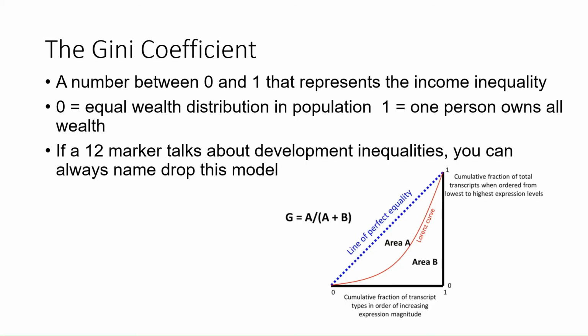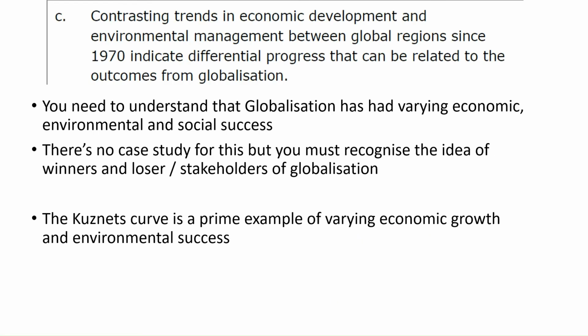economically, the winners at the top earn a lot, but the people at the bottom earn less. So you just need to understand there's always inequality. Development has never been perfectly equal. And yeah, we'll move on to 3.7c.